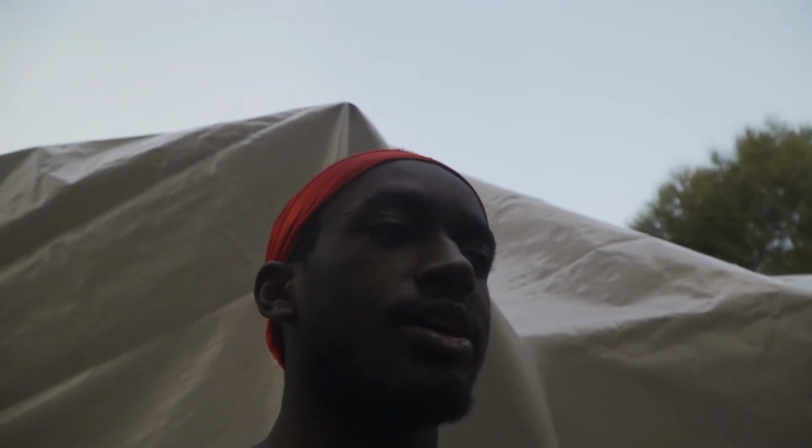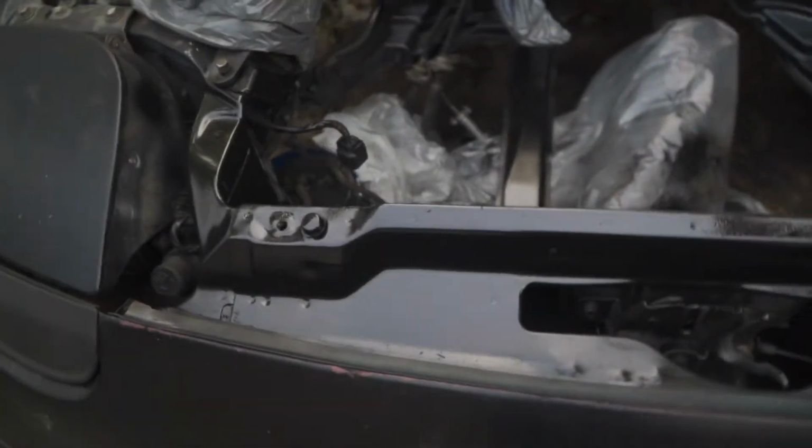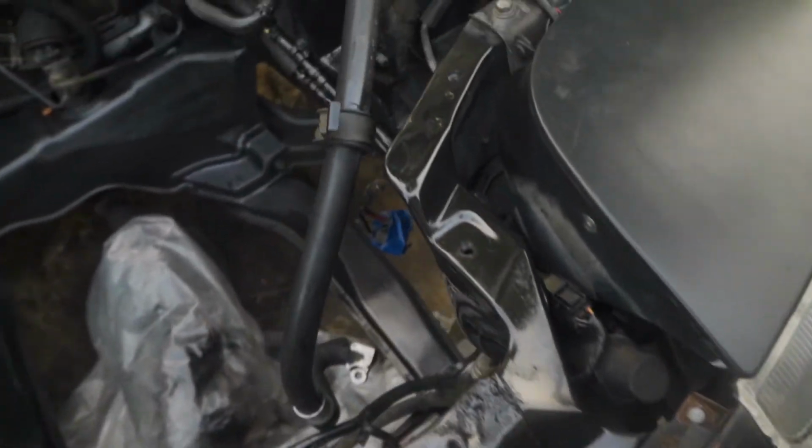All right guys, so it is currently the next morning. I forgot to do a little update. I was kind of just busy and rushing, but I want to show you guys at least the final product of everything that I painted or am going to paint for right now. As you see, it's nice and shiny with the gloss black, the whole front of this,